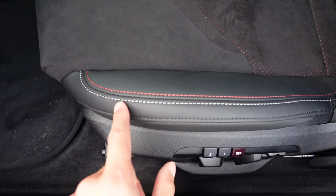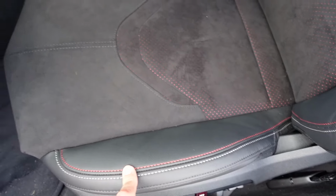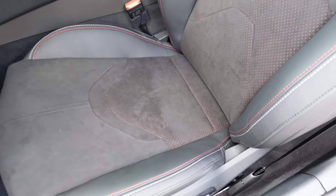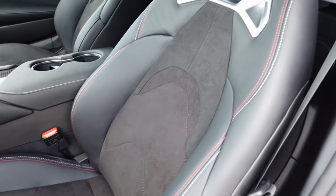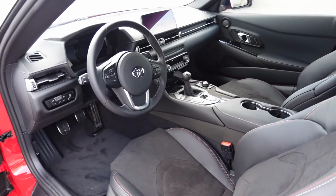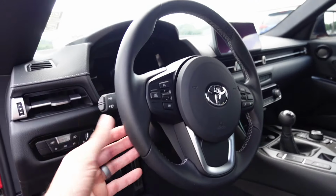You can see the smooth leather with this nice red and white stitching, and then I love all the Alcantara. There's even perforated with red throughout it. These are really cool looking seats, I love them. You got silver trim, white stitching on the headrest, and then a sporty steering wheel with a 3-spoke design, black